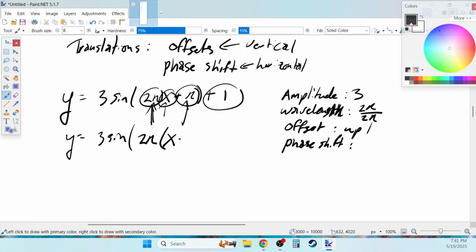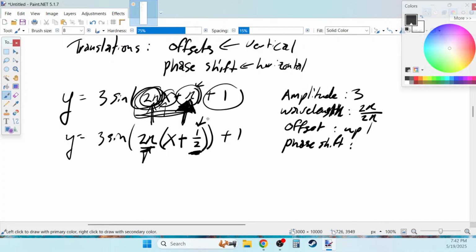But to factor out the 2, I'm going to have to divide by 2. You can check to see if you did this right, because if you multiply this by this, you should get this number back. Sure enough, if I multiply a half by pi by 2 pi, I'm going to get pi. Half times 2 pi is pi, and I'm just factoring this number on the inside of the trig function. Once I do that, this is the wavelength, and this